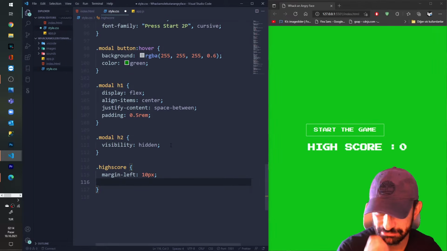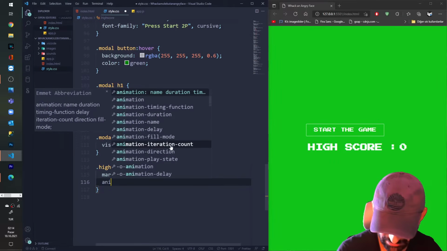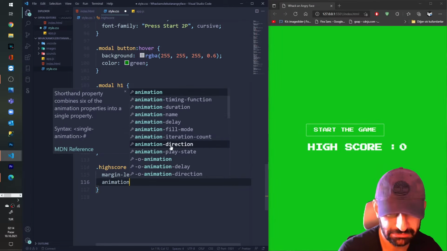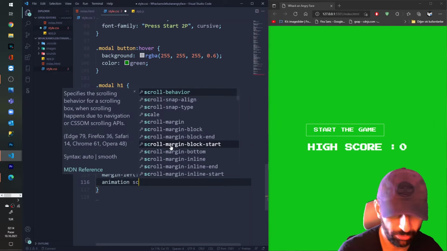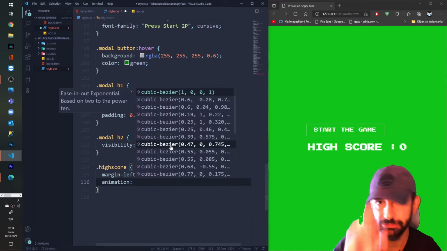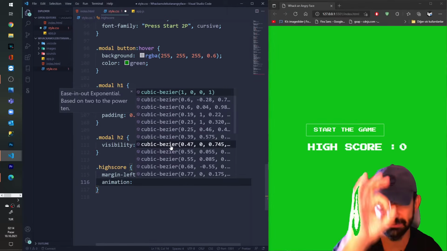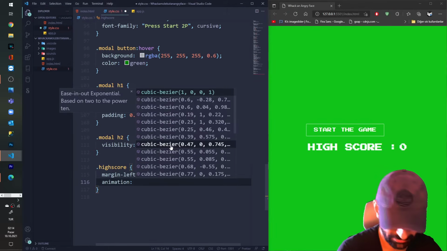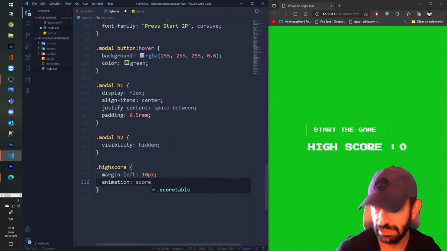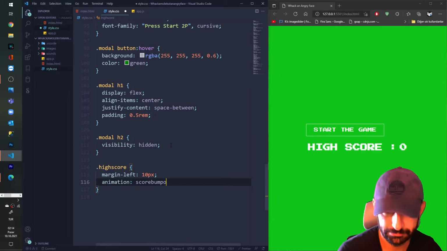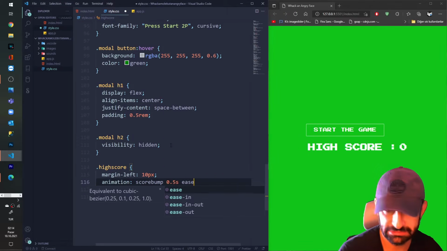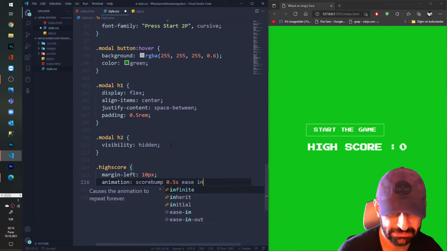I'm gonna give some animation. Score bump. I want this 0 to bump back and forth, up and down. Score bump. Okay, 0.5 seconds is infinite.